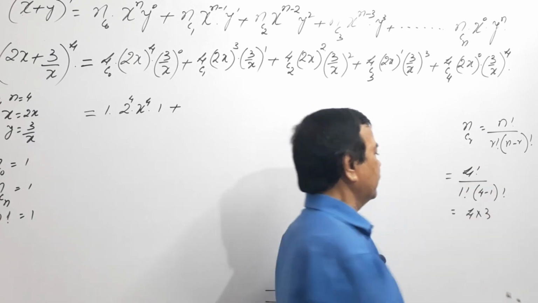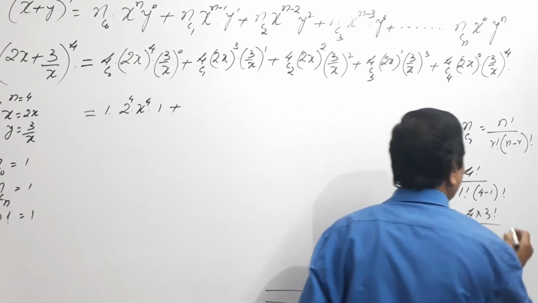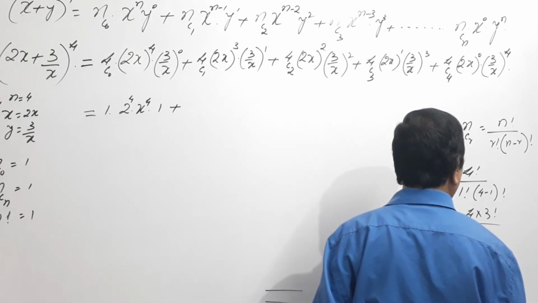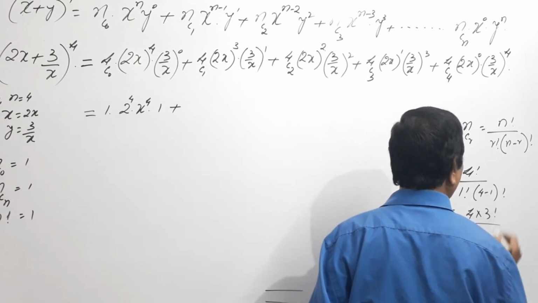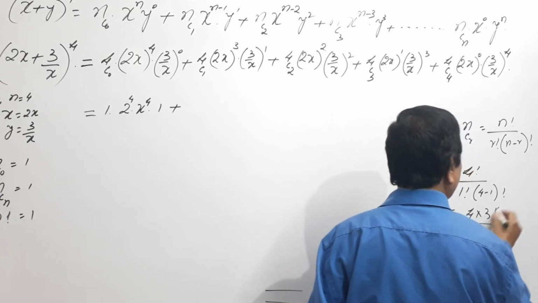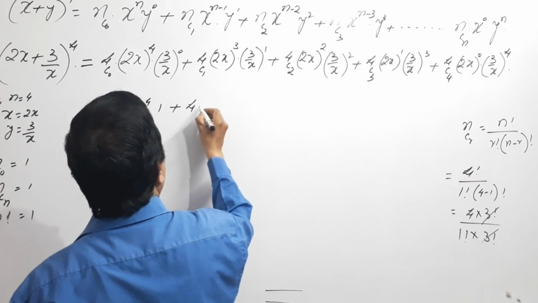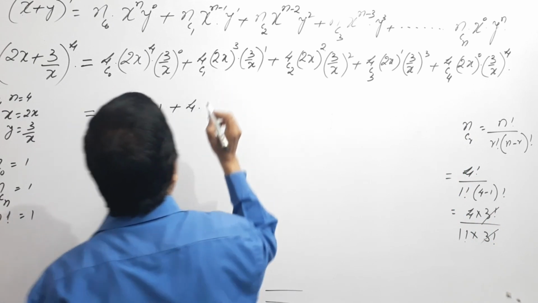You can stop this at 3 factorial so that you can cancel this, the shortcut method I have taught you. This 3 factorial cancels. We are left with 4C1, which is nothing but 4 into